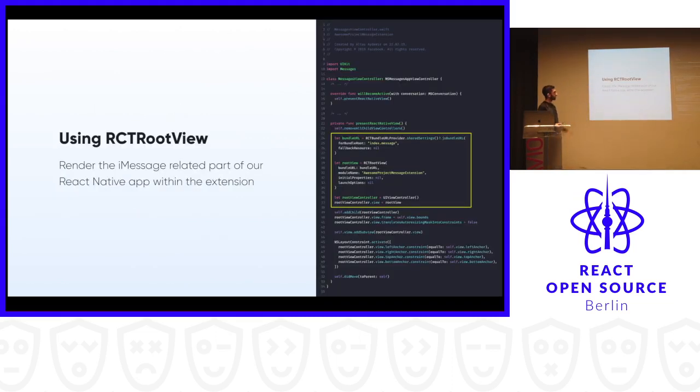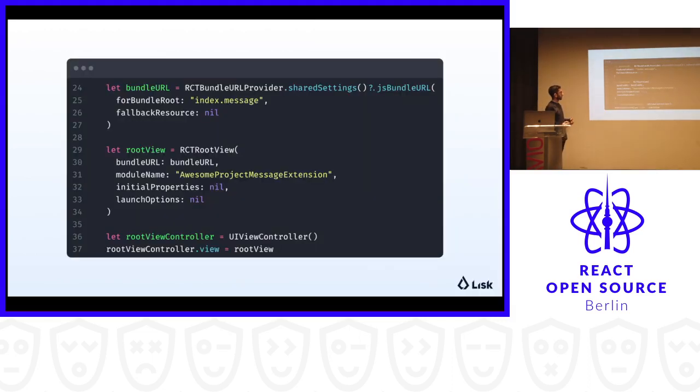So yeah, let's start with our most generic mission, which is how to render a React Native view within a native view. I know that the code on the right looks busy, so maybe I can go to the core part. This is how we did it on the Swift part. React Native has a class called RCTRootView in the Objective-C library, and it basically allows us to create a view object on the Objective-C side and place it where we want to see it in the iMessage extension. First, we created a bundle URL, and it points to the file that we registered our React Native application in,